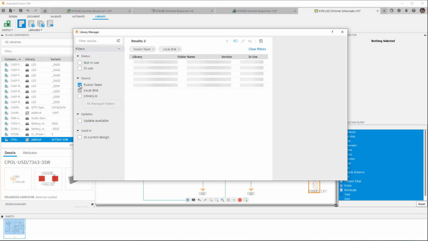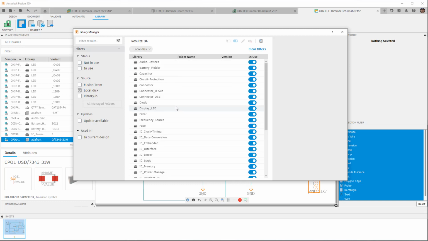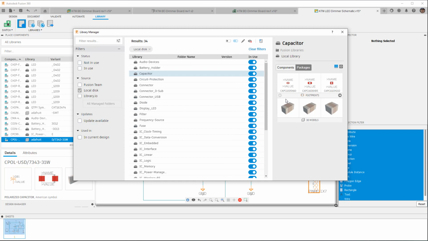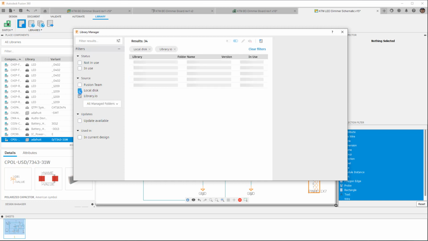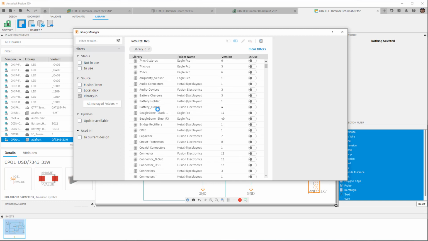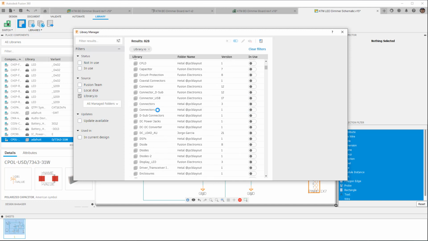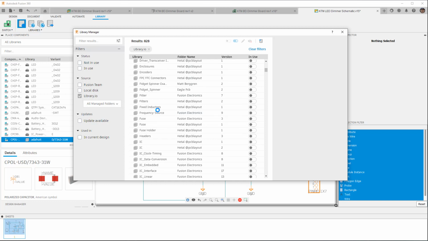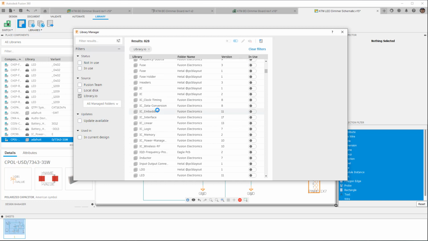If we look at our local disk, in the past, these were any libraries that were downloaded and included in Fusion 360. So here we can select a library and we can see all of the packages. If you're coming from library.io, if you're hosting a managed library and you're working through multiple users, this is a big change because this will help you understand which libraries are enabled, which ones are in use, and where those